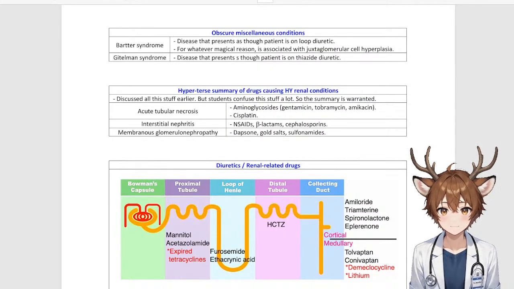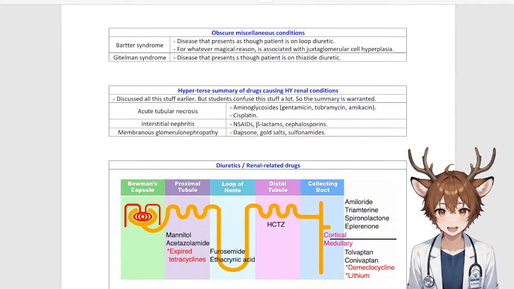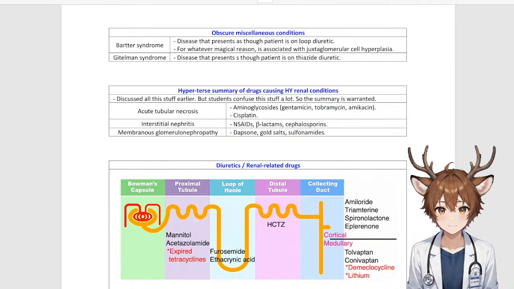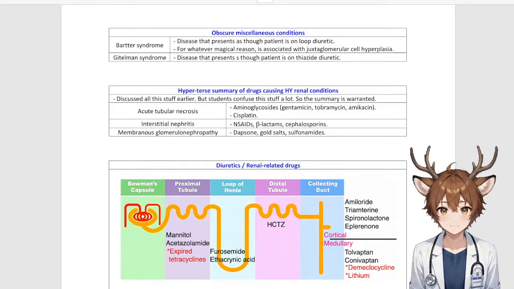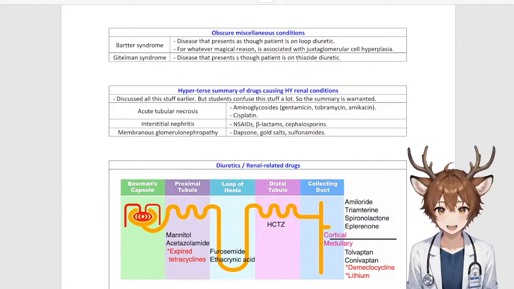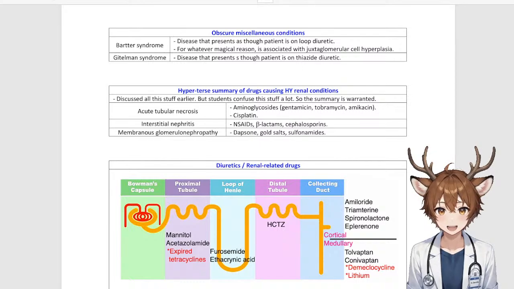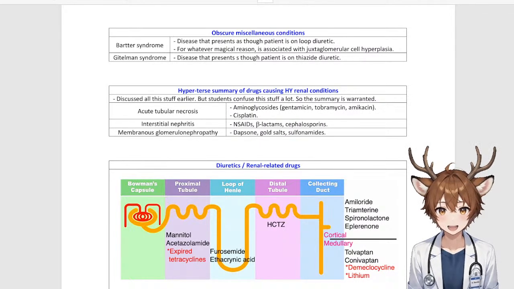Gitelman syndrome. Oh, as though this is ridiculous. So Bartter syndrome is like if you're on a loop diuretic. Gitelman syndrome is like if you were on a thiazide diuretic. Make sense? Maybe you can look up how that works exactly, but not for the course of this video. I'm not going to explain it to you, probably because I can't give you a good enough explanation about it myself. To be honest with you, you might not need to know it either, but whatever.